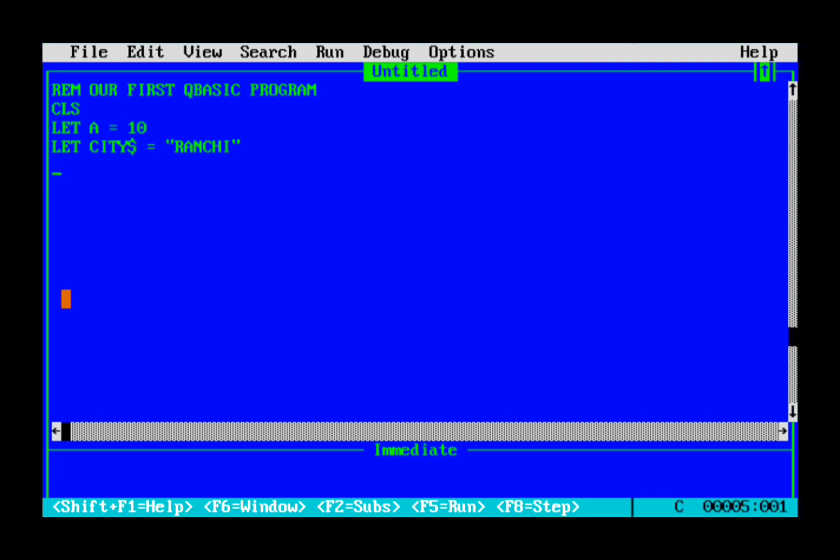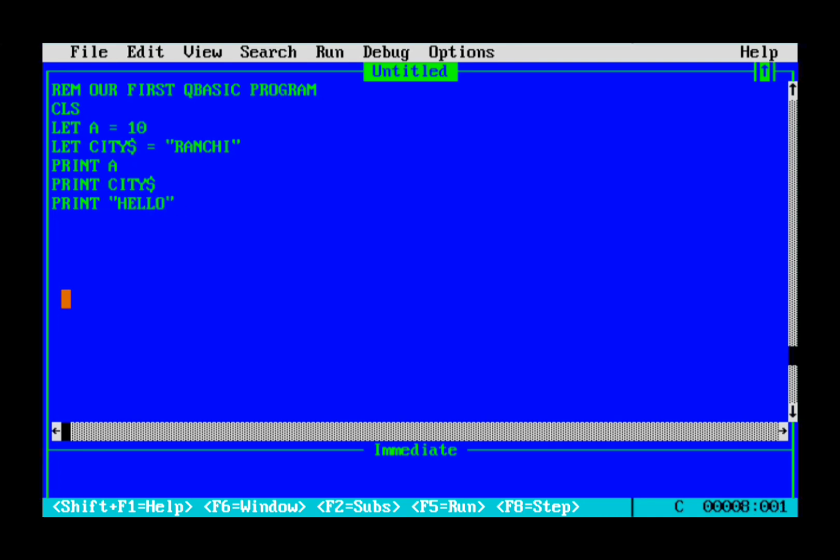After that we'll print the value of a. Let's check, print a. Next we'll print the value of city, print city dollar. And we'll print a message, print, under double quotation we will write hello.